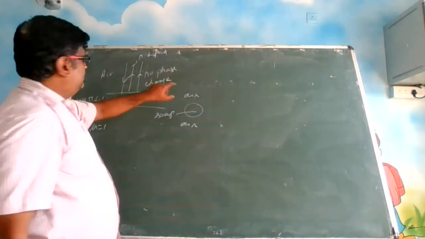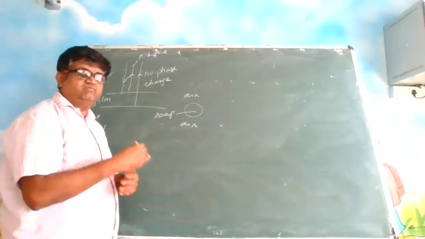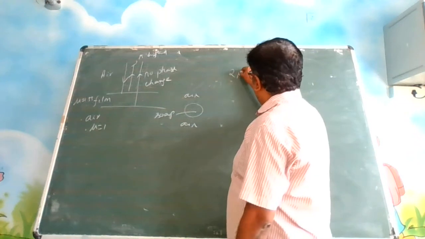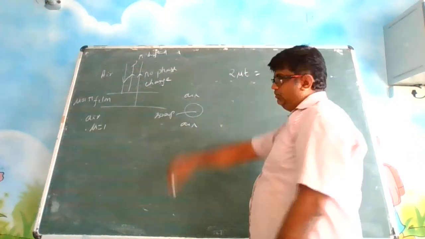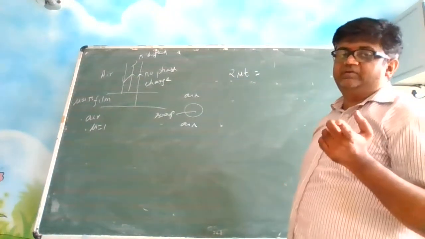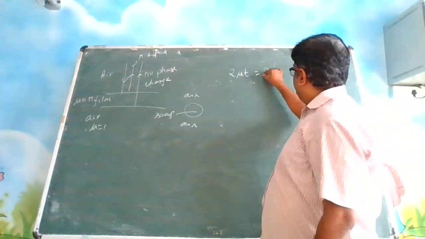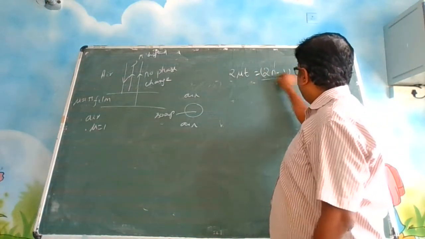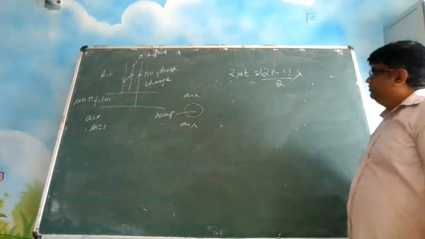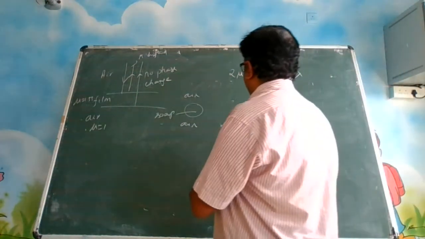So of the two rays, one got pi shifted, another did not change. What will happen? Our condition will be flip-flopped. Here we are supposed to write 2 mu t is equal to n lambda, which would be constructive interference. But here only one is pi shifted, so it will be 2n minus 1 by 2 into lambda. So this is what it is. We have to find out; the lambda value is given as 600 nanometer.